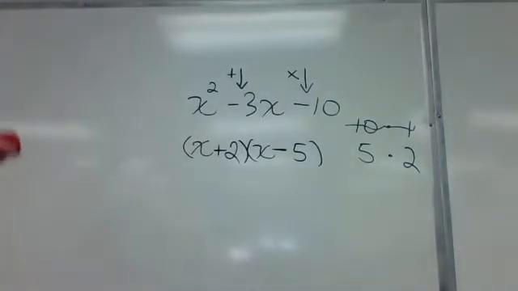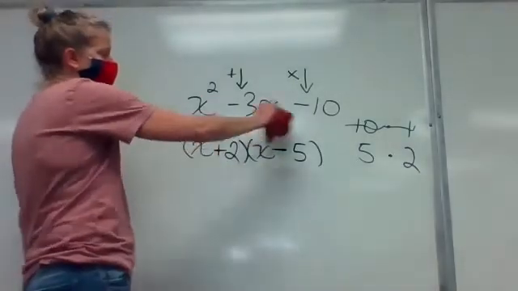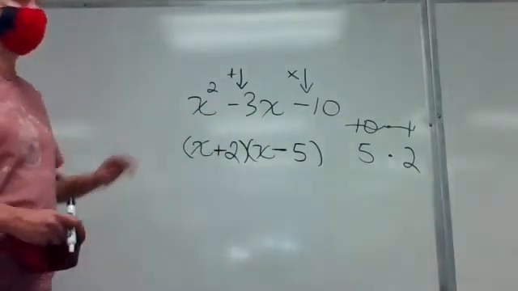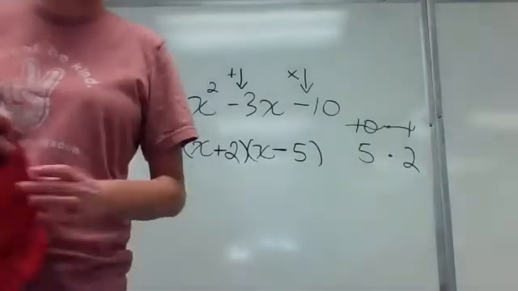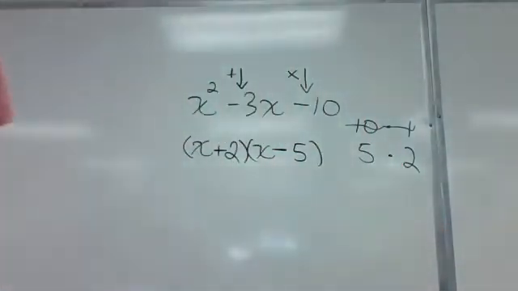Okay, so that's what we did in 6.2. All of our trinomials started off with just plain x squared. The difference now with this 6.3